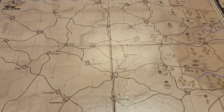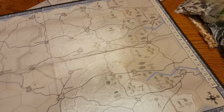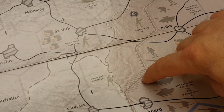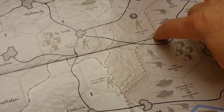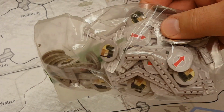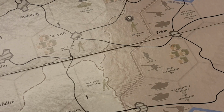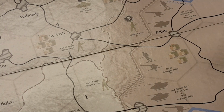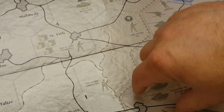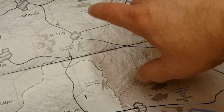But over here, I'll try to shift the camera over just a tad. See if I can zoom in. You can probably see here, as you follow my finger, this is the front line, and that's the purpose of these little geometric shapes. There's a whole bunch of these markers in here, and they're for the purpose of frontline marking. So for example, when Germany starts to advance, they start pushing, making a bulge in the front line. Then you can start drawing the changes with the game pieces, following the hex pattern,